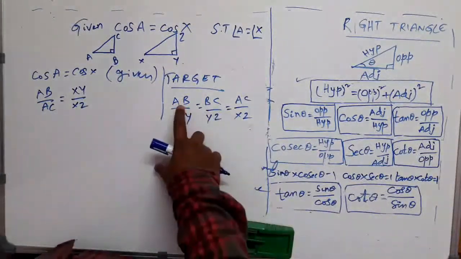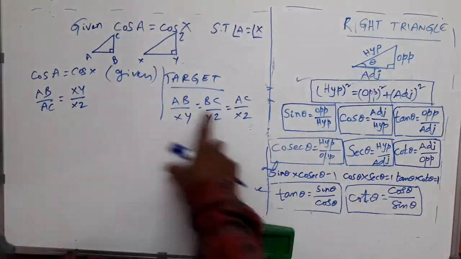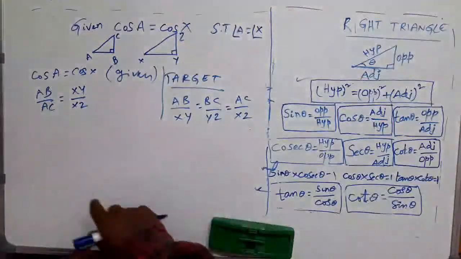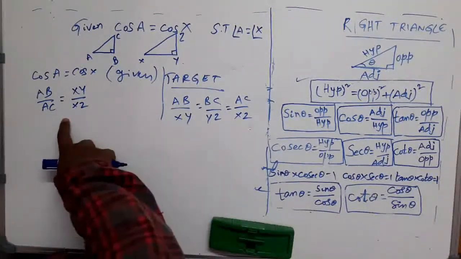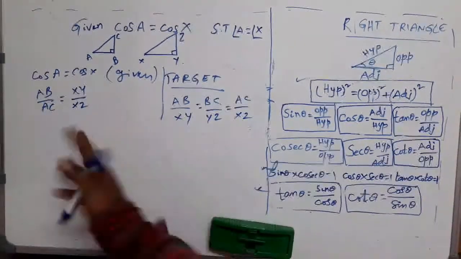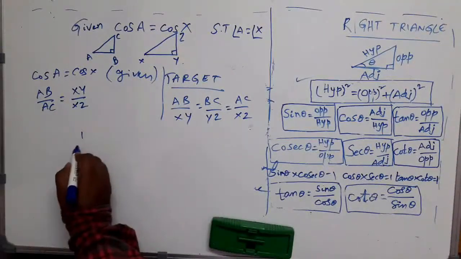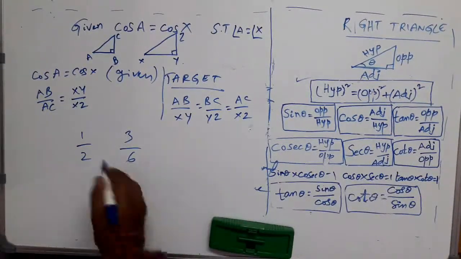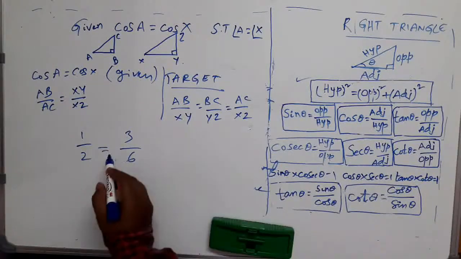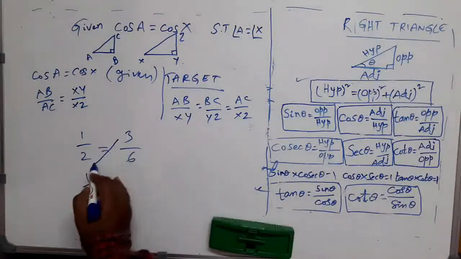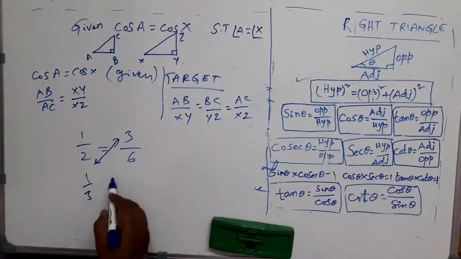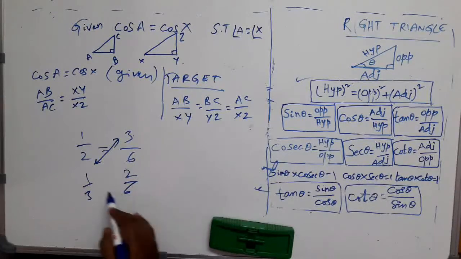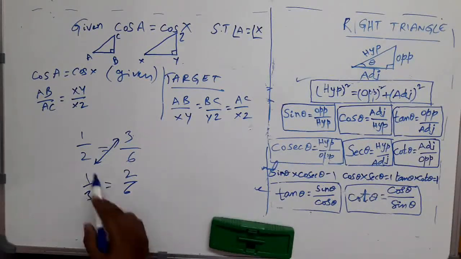Clearly here the numerators are sides of the triangle ABC, and the denominators are sides of the other triangle. Can you write anything which is useful for me? Observe carefully. Let us say I have 1 by 2 equal to 3 by 6. These two are equal, is it not? Can I bring this here and this one here? 1 by 3, 2 by 6. Are they equal? 2 by 6 is again 1 by 3. I can write like this also, so you can interchange these two.